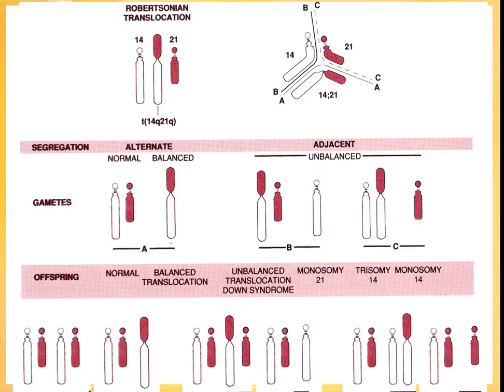The real problem with a balanced carrier is what do you do when you're having to undergo synapsis during meiosis, prophase of meiosis 1. So how do we line up the 14s and the 21? So you have to make this kind of triangular tetrad here for synapsis. But after synapsis, how do the chromosomes separate? So if the normal 14 and the normal 21 go to one side,